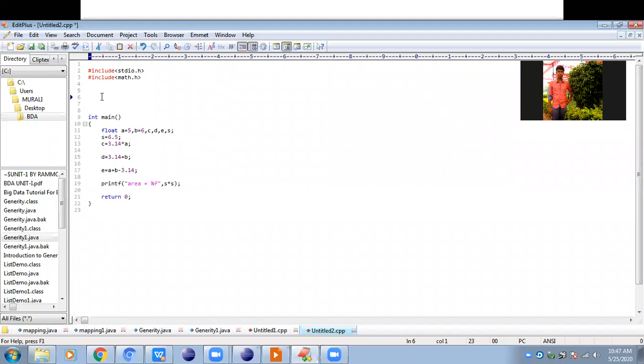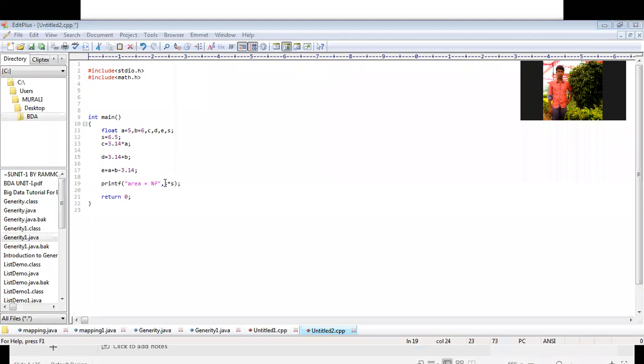After preprocessing, those two lines are removed, and in the program, the constants are replaced with their values.